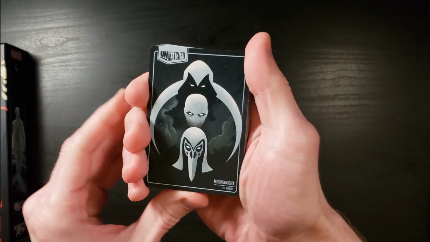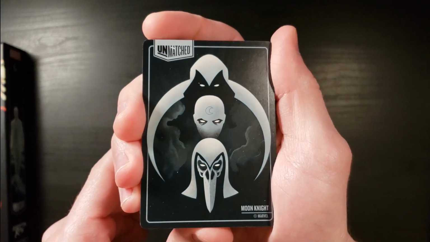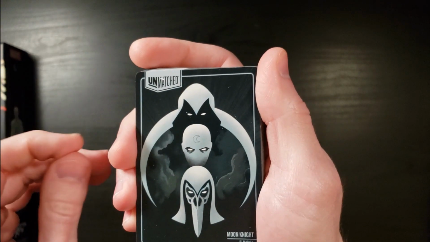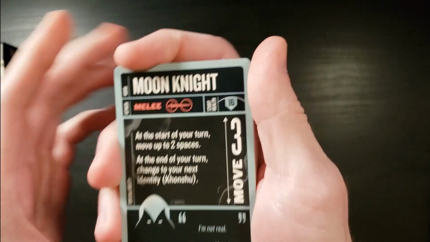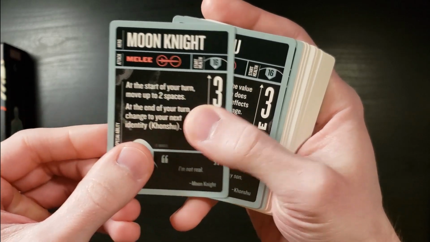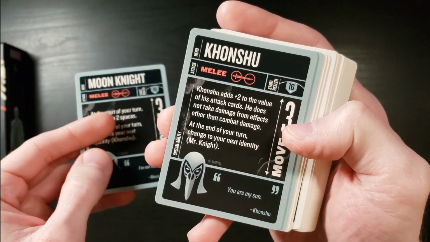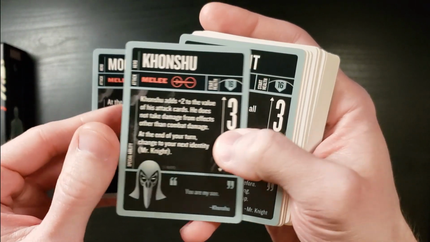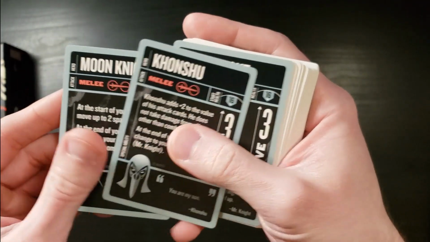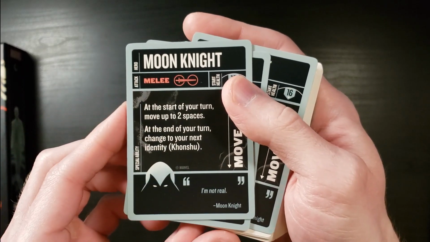So first we have Moon Knight here. So really cool card back. I think this is probably my favorite card back of the new ones. And his ability, obviously he has 3. He cycles between Moon Knight, Khonshu, and Mr. Knight. And so as Moon Knight, at the start of your turn, you get to move up to 2 spaces,